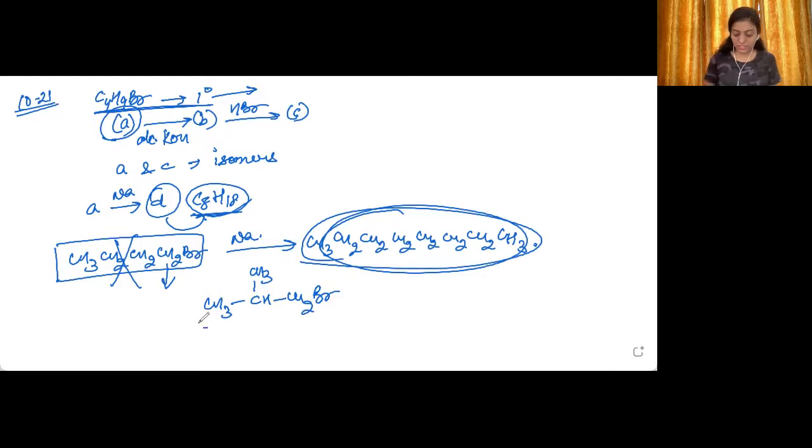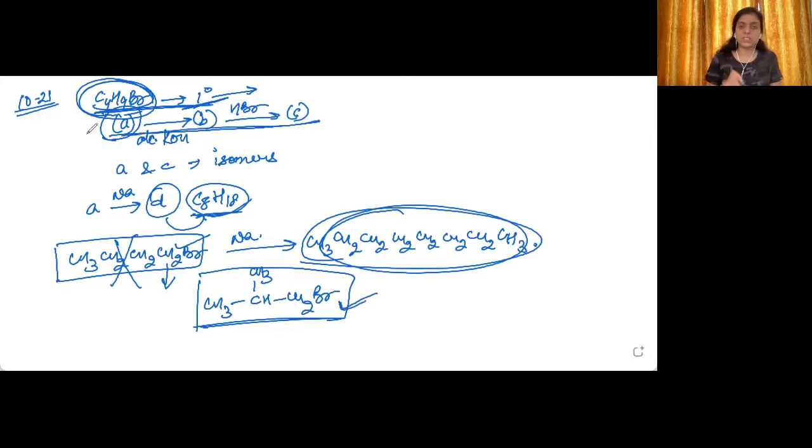Isobutyl bromide. So this is now the only other compound which is possible, which is primary and which is possible from this formula. Secondary and tertiary are possible, but it has already been given that it is primary. So this cannot be considered according to this statement. So this means this is the compound that we need to find out. Now we need to write down all these equations. So let's now quickly write the equations.